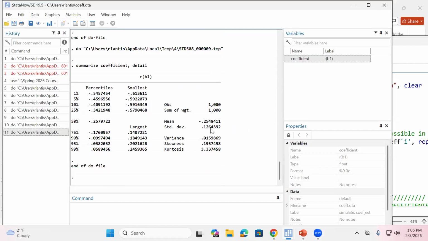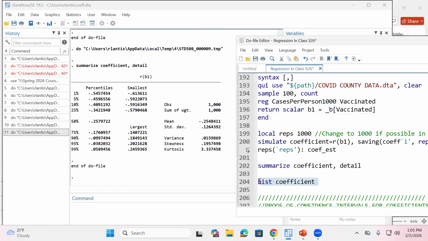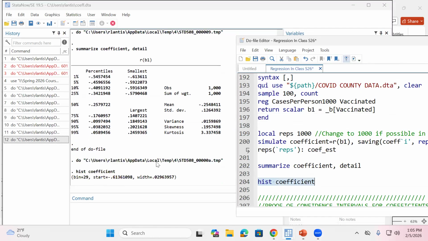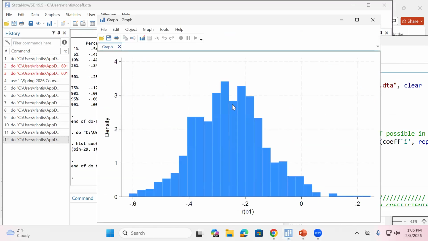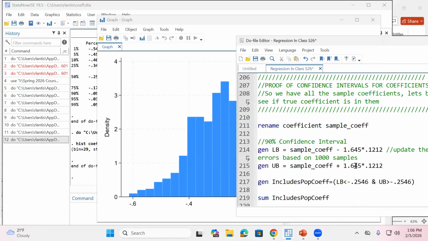It's a lot smaller. If I then look at the distribution, it should be normally distributed around that true value of negative 0.25. But notice, I'm not seeing values as high as 0.5 and negative 1 now. The most extreme values I'm seeing are much smaller in absolute value, right? So I'm getting a narrower distribution, or just like we talked about, if I take higher sample sizes, I get a narrower confidence interval. And I'm making it more likely I can reject. Okay. So we can prove these things to ourselves with data.